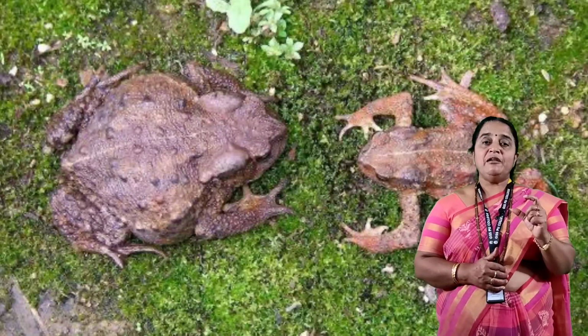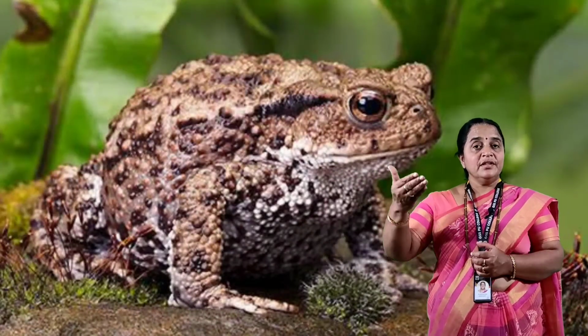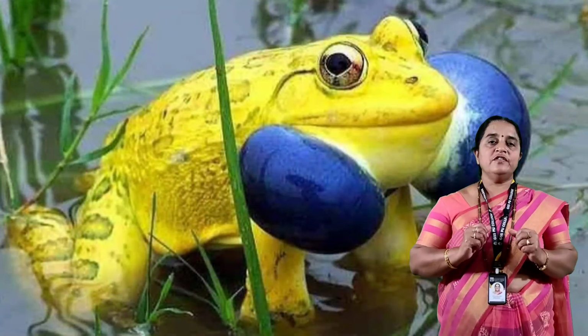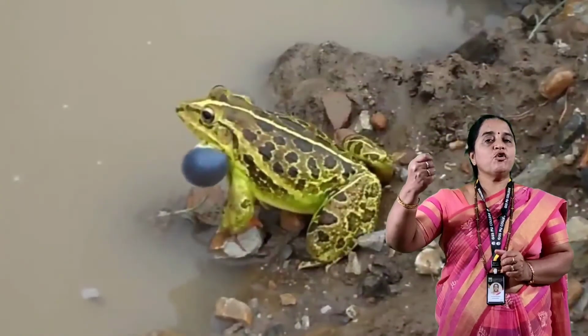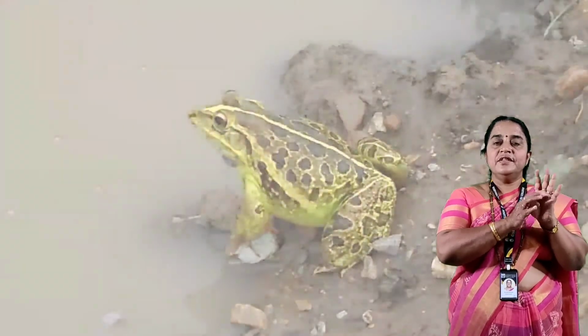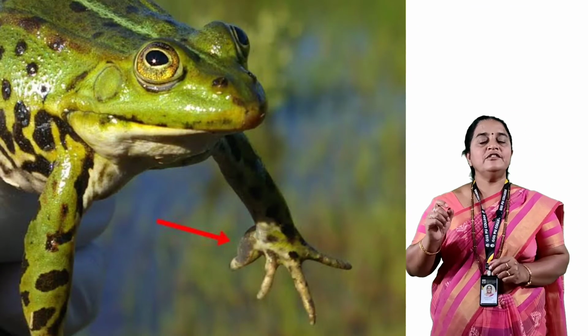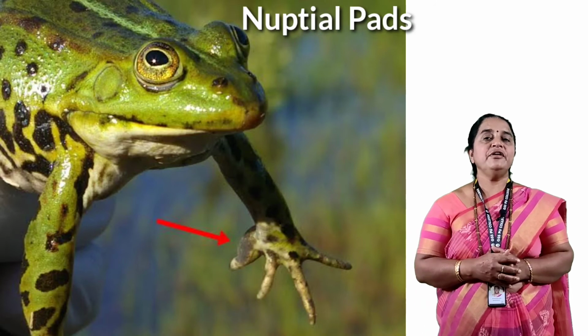Rainy season is the season for breeding. In the month of June, if you see male and female frogs, male frogs are very active and tiny. Female frogs are gravid and heavy. Its belly portion is yellowish, while the male's ventral belly portion is whitish. Male will have vocal cords, through which it produces a croaking sound to attract the females. In the forelimbs, near the digits, it has a thick muscular fold called nuptial pads. These are absent in the female frogs.